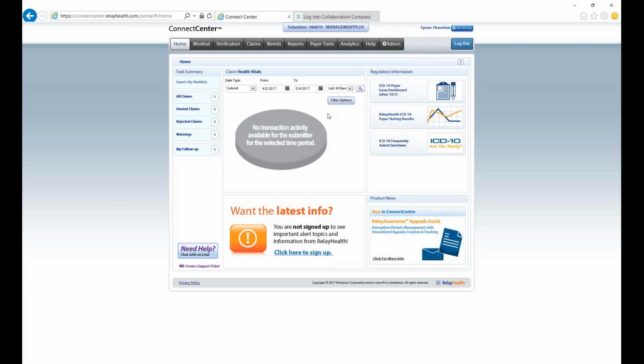Okay, so when you first log in, I'm not going to talk about any of the features here, but what we want to do is, you're not going to see all of these tabs at the top, but you should see at least an admin tab. Now, if you don't, please just notify our support team, and we can go ahead and make sure you have the necessary options to do what I'm teaching you today. But under the admin, if we go to provider management,